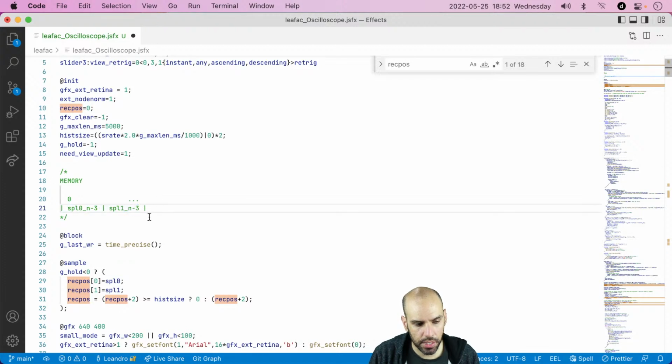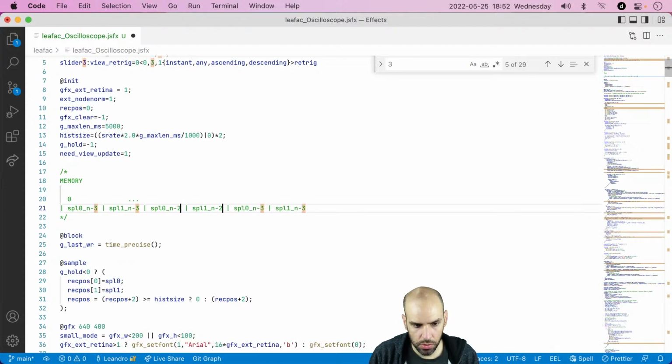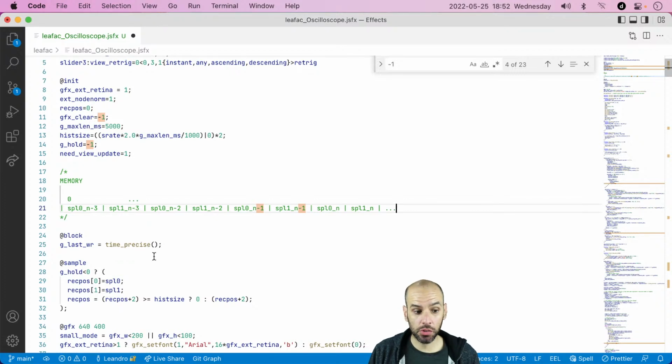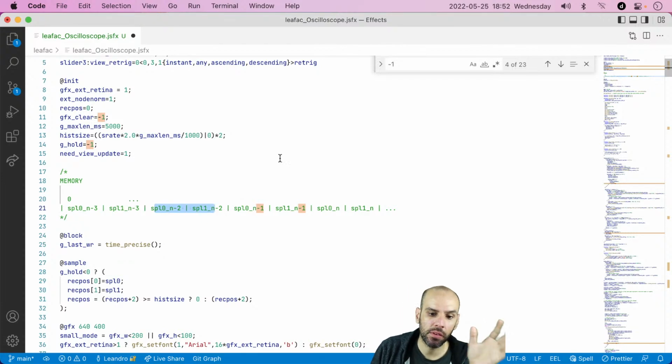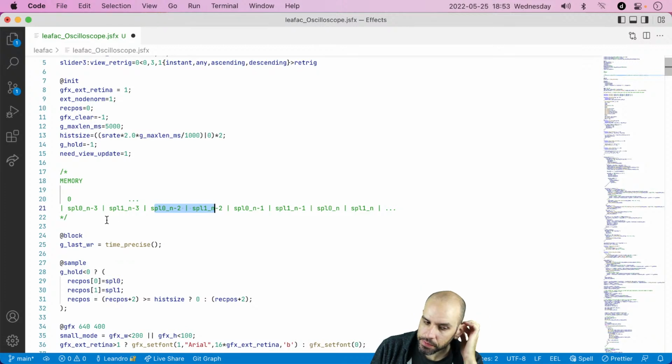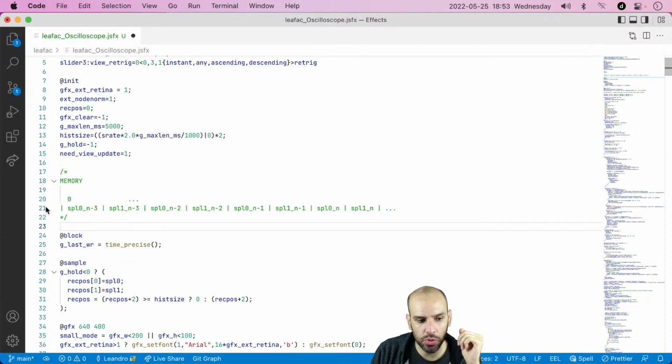And then rinse and repeat. So that's for n minus 2, n minus 1, and n, and so on. In other words, they are interleaving left and right channels in memory, which is a smart arrangement, but it's not the arrangement that we tend to use in our